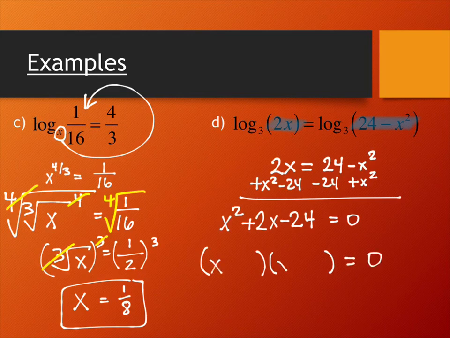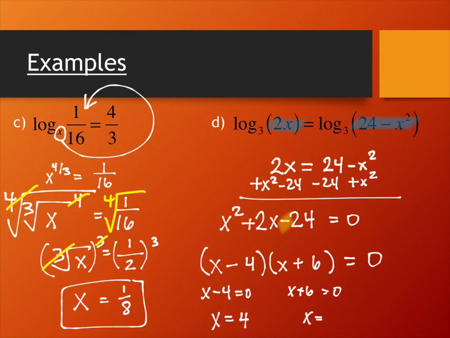I have x and x. What does the sign at the back tell me? Signs are different. One's positive, one's negative. I need two numbers that multiply to 24, and their difference is 2, positive 6 and negative 4. Their difference is 2, right? Okay, so check it in the middle. This is negative 4x, positive 6x. Does that give me positive 2x? It does. Cool. Then what? Yep, set each one equal to 0. x minus 4 equals 0. x plus 6 equals 0. So x equals